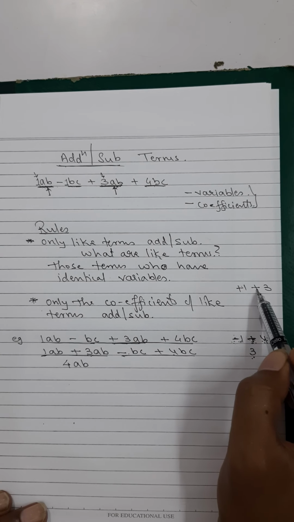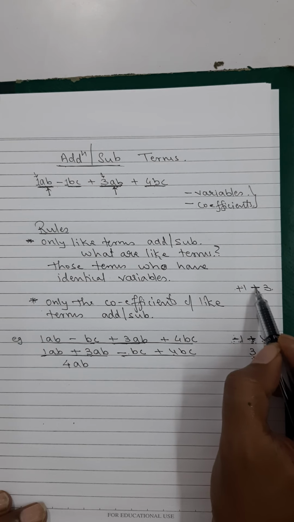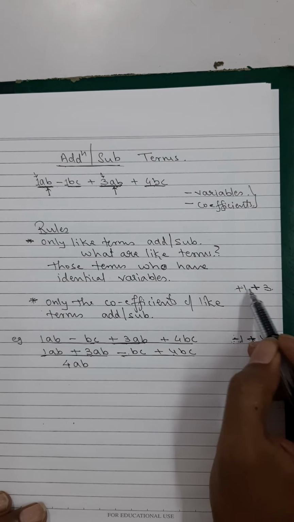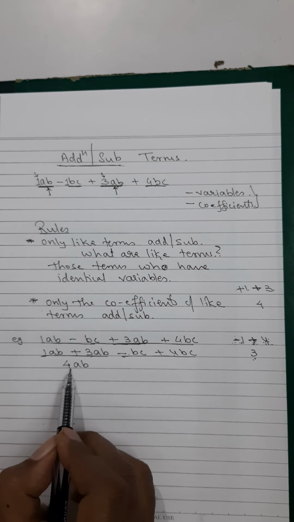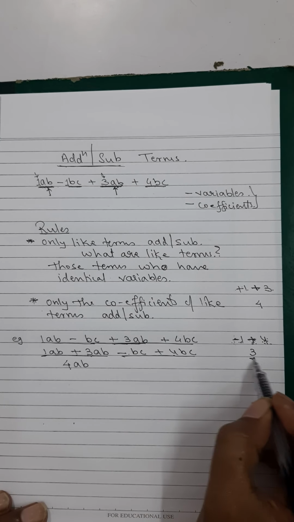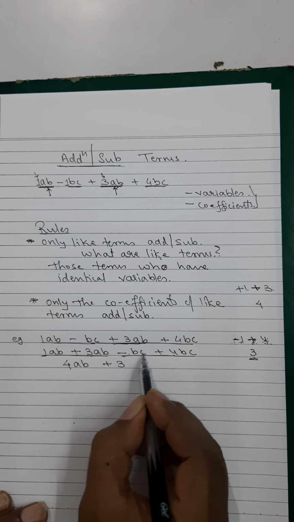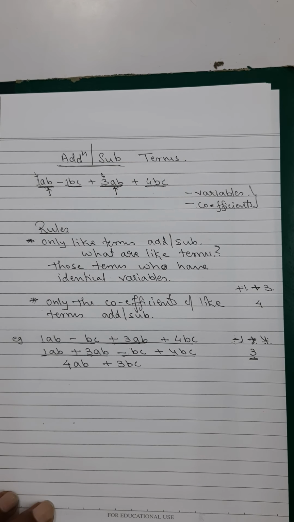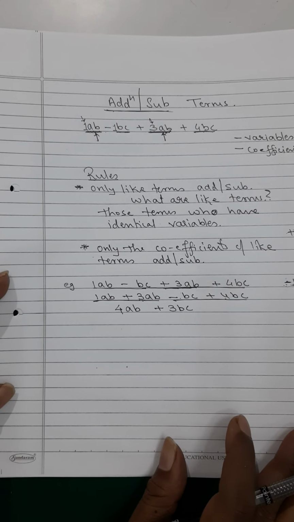So plus plus plus. I am not adding them because there is a plus sign in between. I am adding them because plus plus plus, 3 plus 1 is 4, sign of the greater number plus, 4. That's why it has come plus 4 over here. Similarly, I will do it over here and the answer is going to be plus 3. So I will get plus 3 and the variables will be copied down as they are. Okay, my dear students, here you have got plenty of questions to be done.